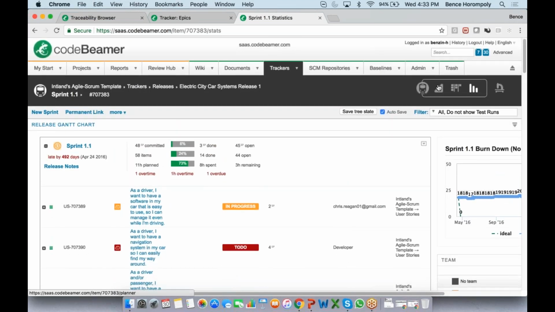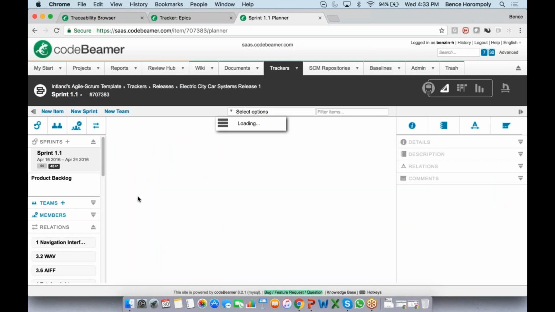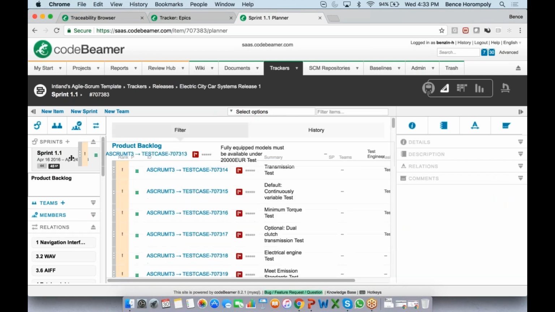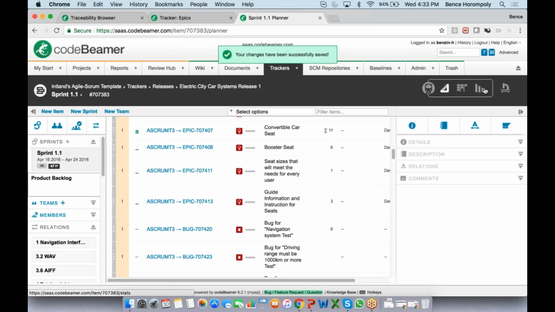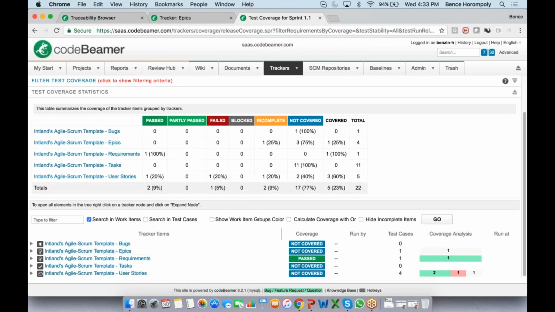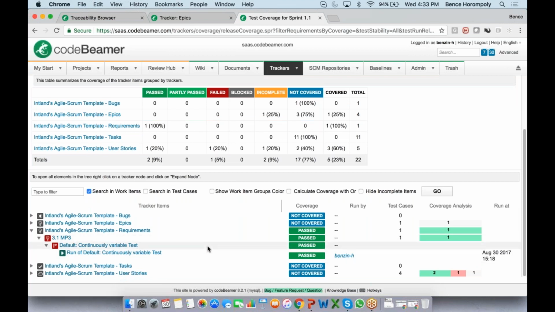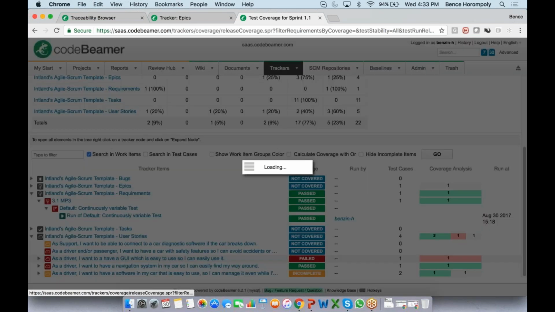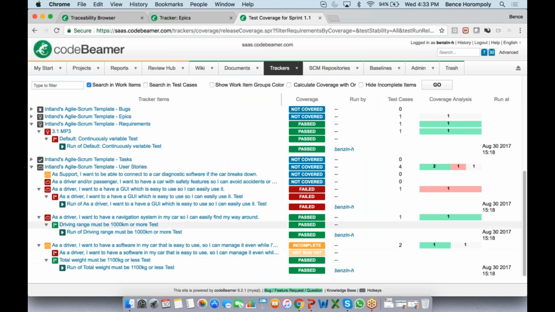And I can also set up the prioritization if I go into the release planner. Here in the product backlog, for example, I have test cases here, and we just drag and drop, I can assign these all to sprint 1.1. Okay, and I can also see the test coverage of my entire release. So not just user stories here, I can see, okay, I have a requirement here, and that had a verifying test case, and that execution is complete. And I see I have a few user stories that have test cases that verify them, and a few have passed, a few have failed.